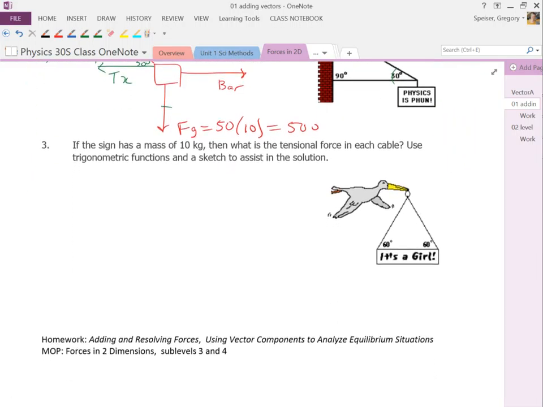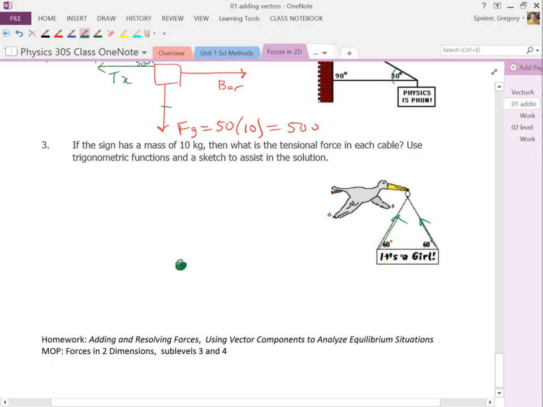One more question. Here's a stork bringing not an actual baby, but just a sign that says it's a girl. The sign has a mass of 10 kilograms. What is the tension force on each cable? Okay, so again, we've got to be a little bit careful that these are cables that run away from the sign. If you think of the object either as a small box, or maybe in this case it's actually easier to think of it as a dot,